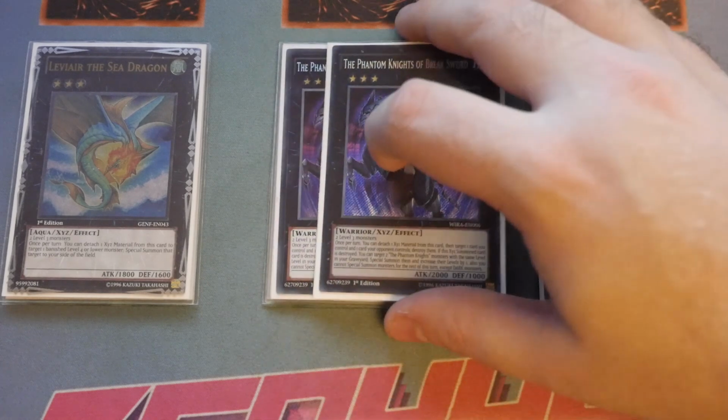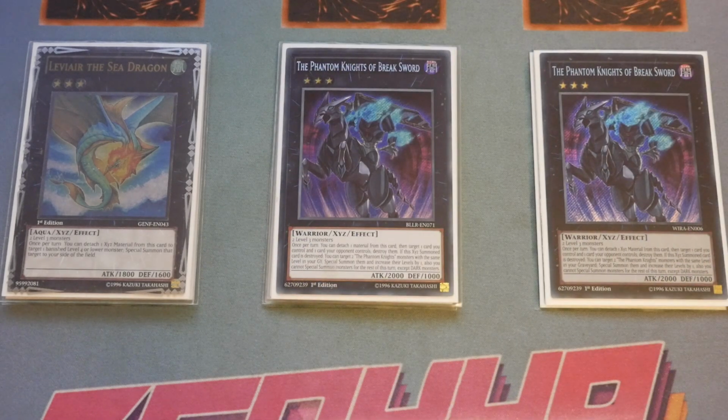Beautiful. Breaksword. I mean, what more needs to be said about Breaksword? The second this came out in Wing Raiders as well. Beautiful card. Absolutely love it. So, so good. 2 level 3, so nice and generic. Once per turn, detach material from this card. Target 1 card you control and 1 card your opponent controls. As cost, destroy them. If this XYZ summon card is destroyed, you can target 2 Phantom Knight monsters with the